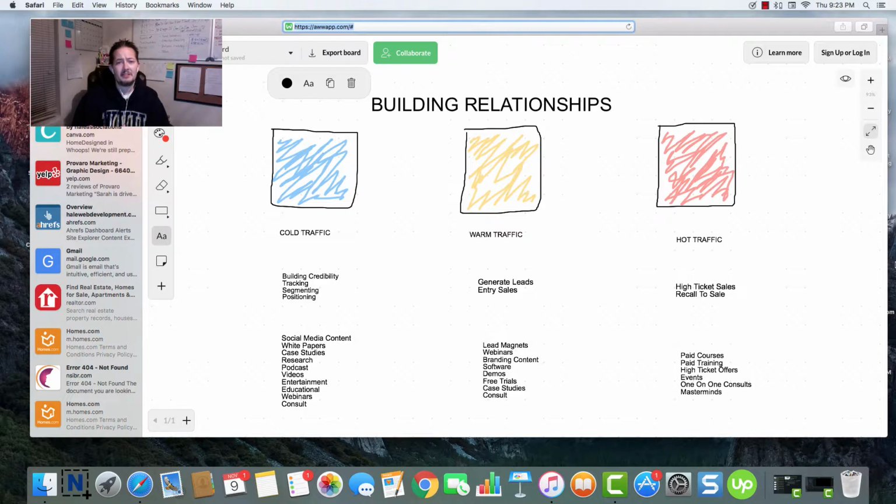And I know a lot of businesses, they don't use tracking and they don't use segmenting, and that's a big mistake. You have to leverage every opportunity. And if you don't know who's clicking, like I know some email software providers will give you open rates and different things like that for your email. But you need to know who's clicking what and if anybody's clicking at all. Because if they're clicking on specific links, you need to know that and you need to be following up on that. And a great way to do it on autopilot and automated is with automated segmenting in your email software. So think about that. That's really, really a great tip.